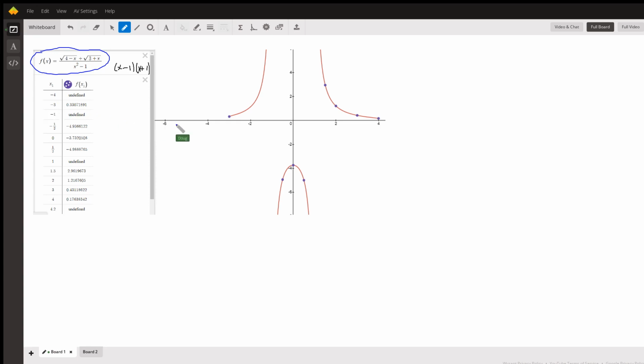what's happening. If you try to plug -4 into the function, for some reason the graph doesn't go there and the function's undefined. But at -3 it is defined. At -1 it is defined. At -1 it's undefined. At -1/2 it's defined. So how can we find out all these places where the function is undefined